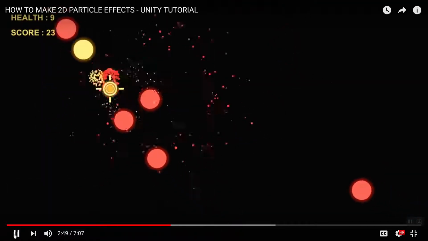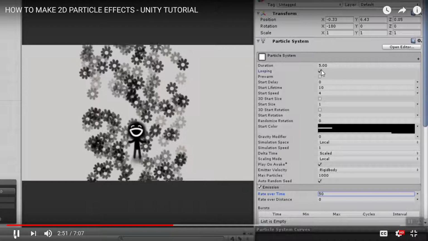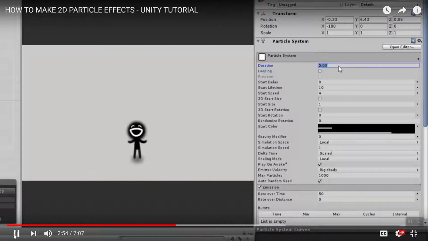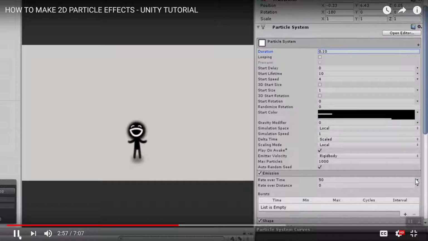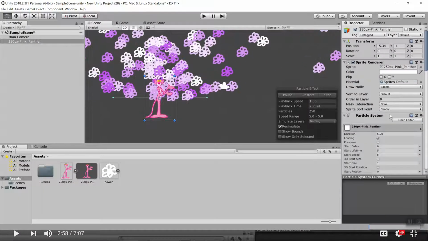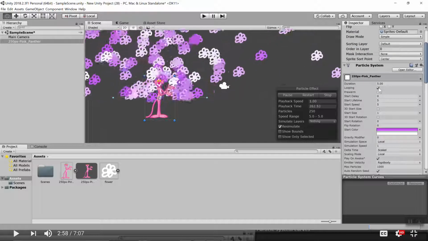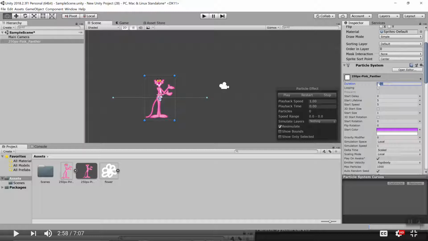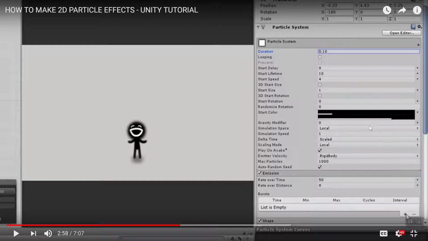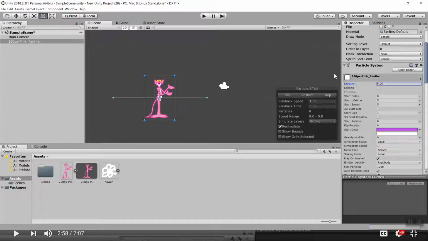Spark, chances are you wouldn't want those systems looping. So all you would do is uncheck loop time, set the duration to 0.1 seconds, and then set the emission to burst. So up here, he's talking about instead of the looping here, you then select that and set your duration to 0.10. And then if you click play,